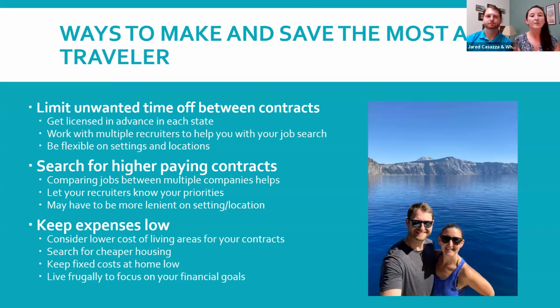And we've always been like with our travel job searches, when we are about 6 weeks out from looking for our next job, we try to have our ideal situation in mind. We want this location, we want this setting, we want the highest pay possible. But when it starts getting down to the wire and we're like, oh gosh, we only have 3 weeks left on this contract and we need to start the next one soon so we can keep the money coming in, then we might start